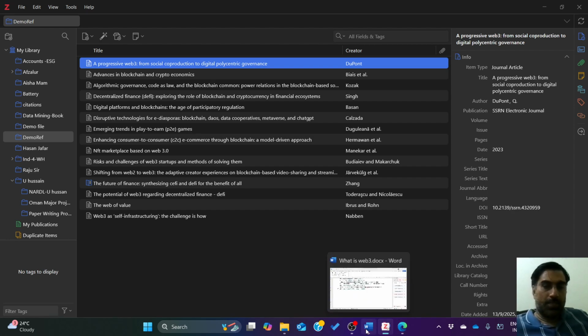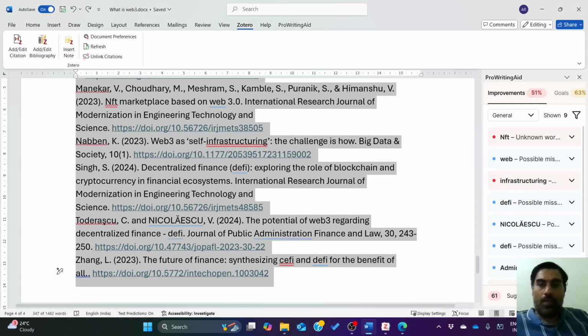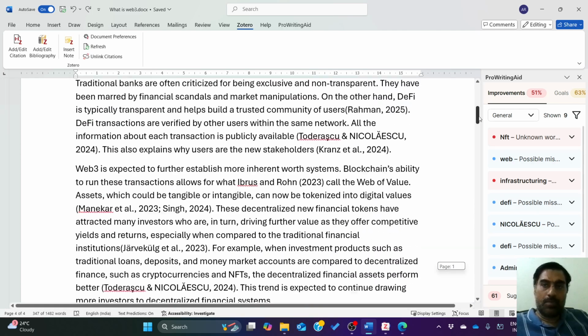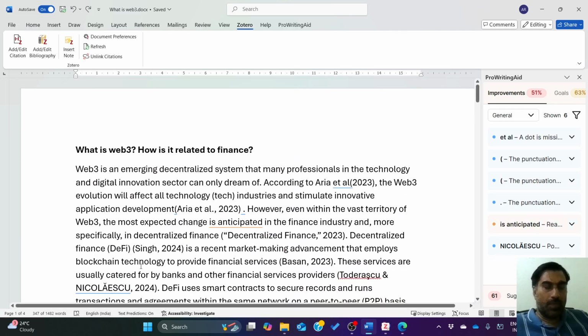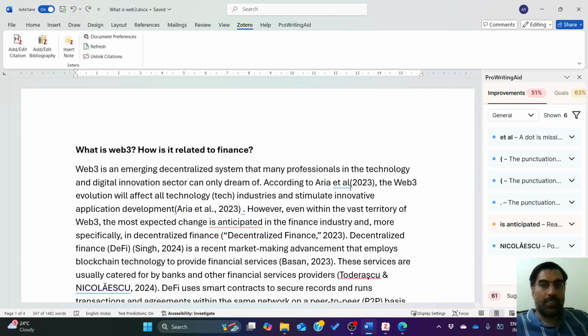Now what next we will do, I will come back to my paper and start one by one. Each and every inline citation I have to change. Change means I have to create these inline citations using Zotero. At present it is manual. This is the task in fact that we have to do. For example,